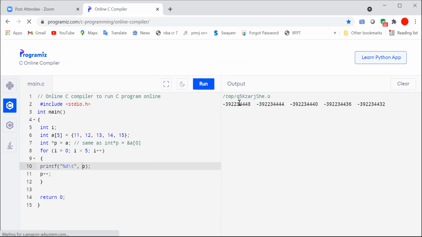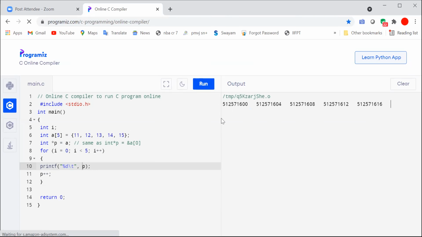Its address is here. The starting address is 44844. It is in minus, so 2 bytes are allotted. The starting address is going in reverse order. 448444, 4 bytes are allotted. So if you run once again, it will show some other memory address. Previously it was in the minus locations.